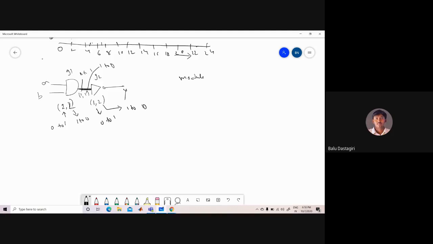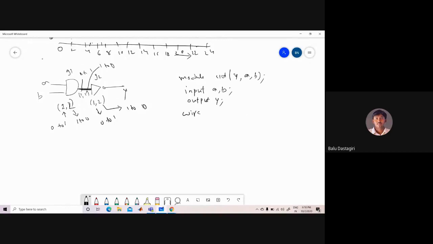So, module circuit, the output is Y and the inputs are A, B. Next, declare the inputs and outputs separately. A, B are the inputs, so input A, B, and the output is Y. Similarly, declare the wire.